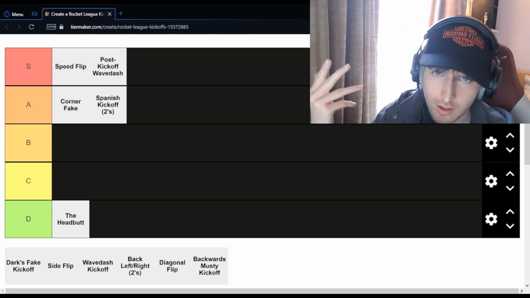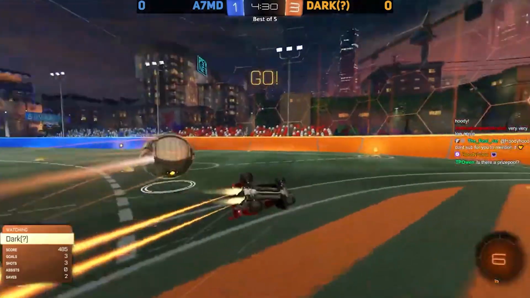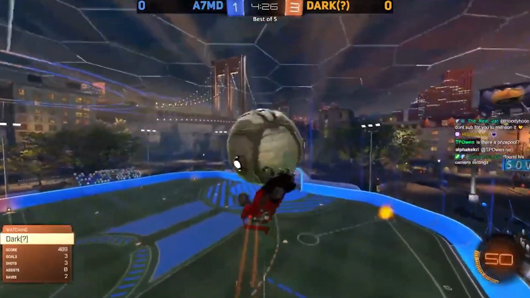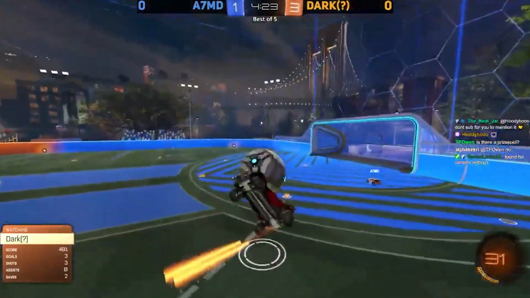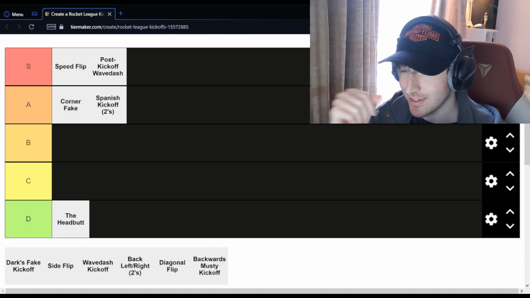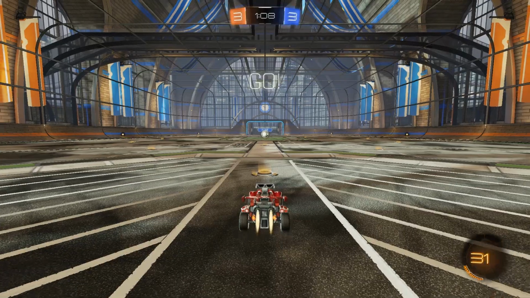For those of you who don't know, Dark's a very crazy new mechanical player who's gotten into the Rocket League scene recently. He's kind of changing the mechanical game at the moment, and he's even started inventing his own kickoffs. So yeah, I have a very good feeling that he's probably going to be the next scrub killer, and he's got very crazy moves. Anyway, this kickoff is kind of like a regular fake, but you sell it much better